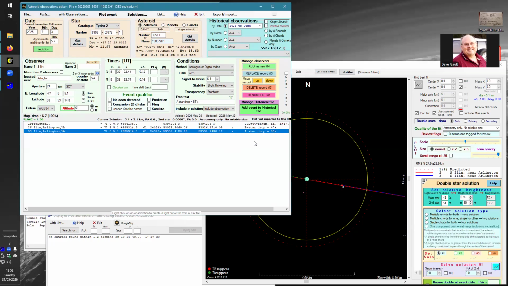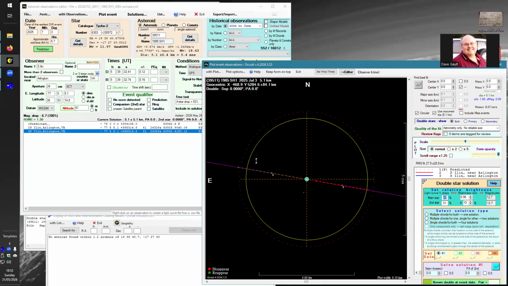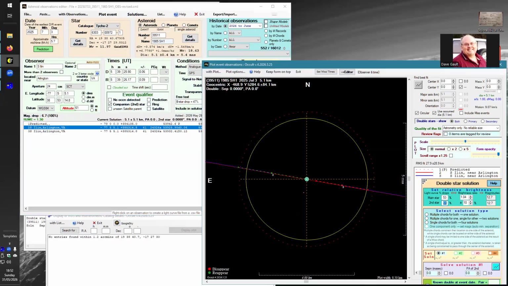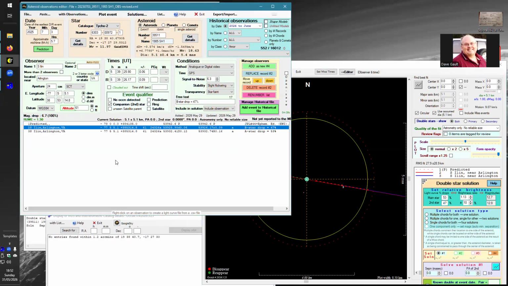The star with the largest drop is now the main star, which we put in here at 53%. And the second star, there's the second star there. That's an easy way to remember. We want that to be 47%. So let's save that. Okay, now